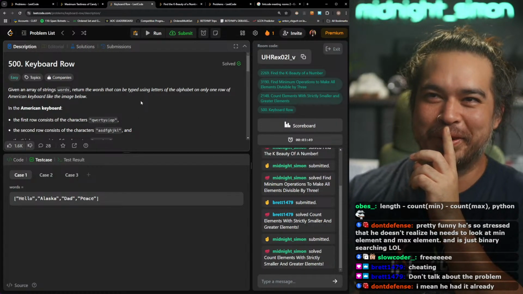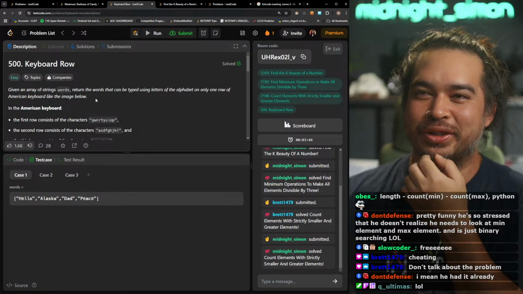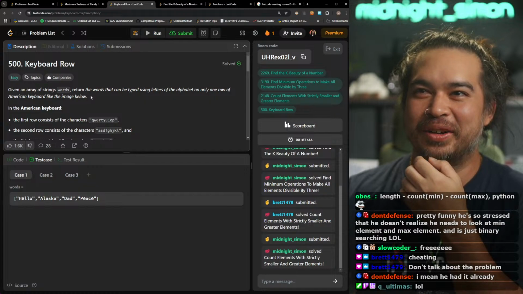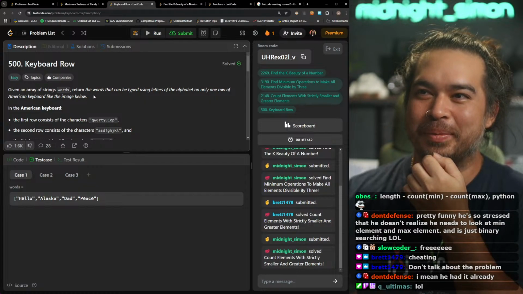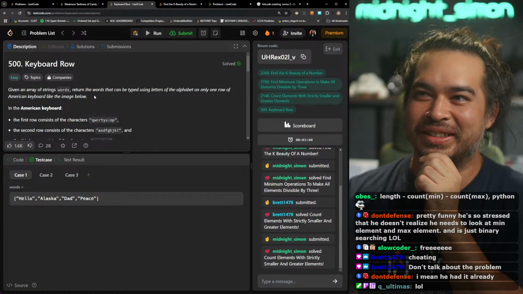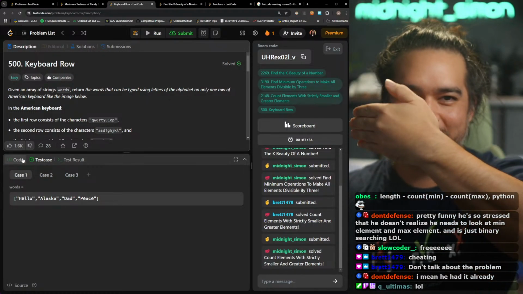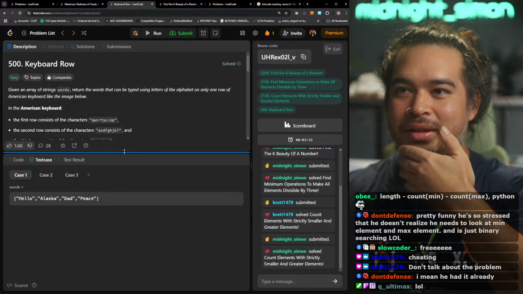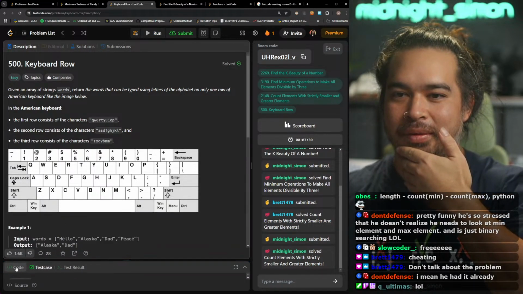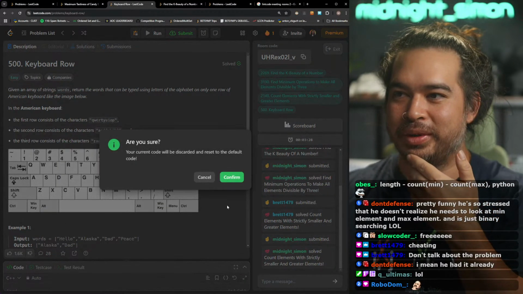All right, keyboard row. Given an array of strings, words, return the words that can be typed using letters of the alphabet on only... Oh, I've already solved it. So I'm not looking at my code, man. I'm gonna just hit reset.